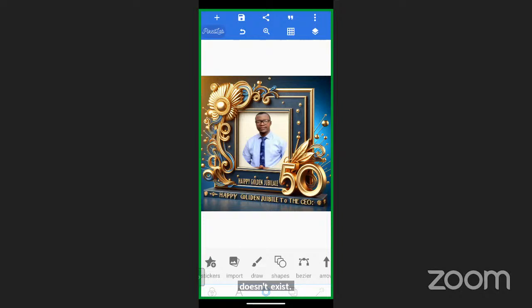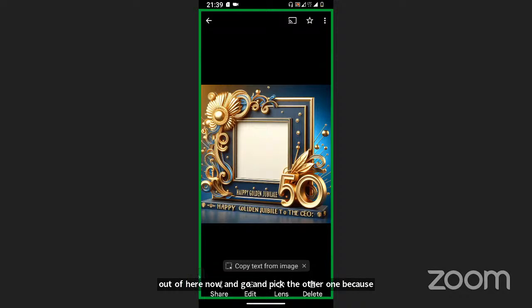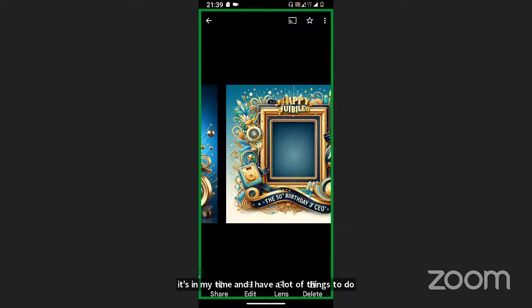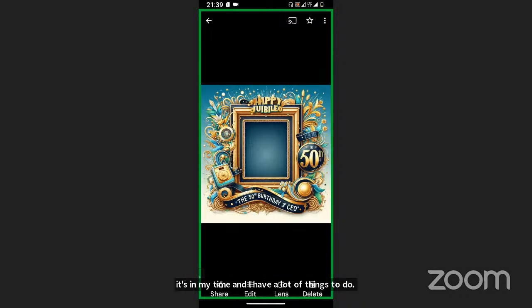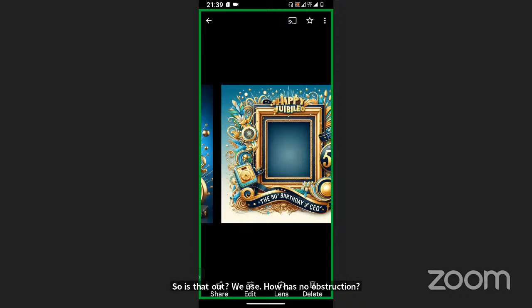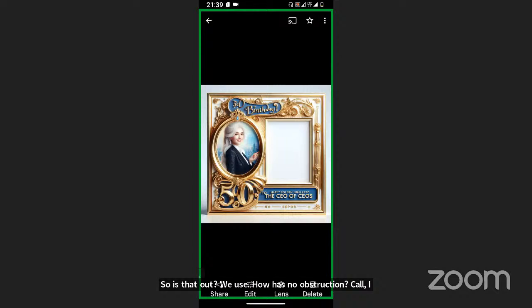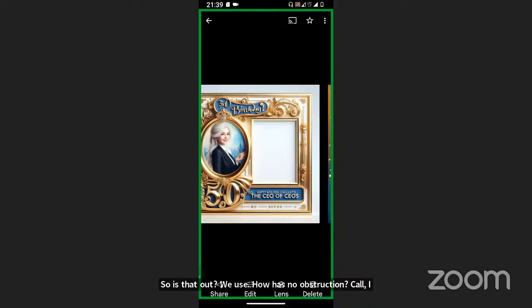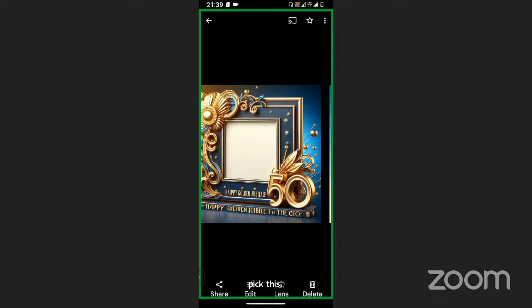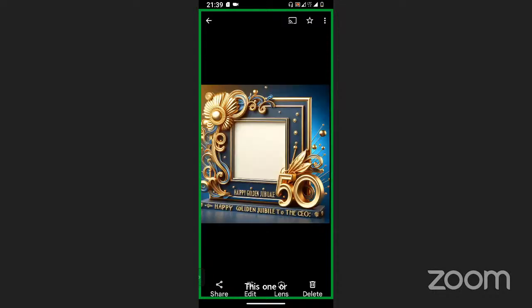So, ladies and gentlemen, Bola Uchi will get out of here now and go and pick the other one because it's wasting my time and I have a lot of things to do. So it's either we use this that has no obstruction, or I pick this. This one or this one. Should we use